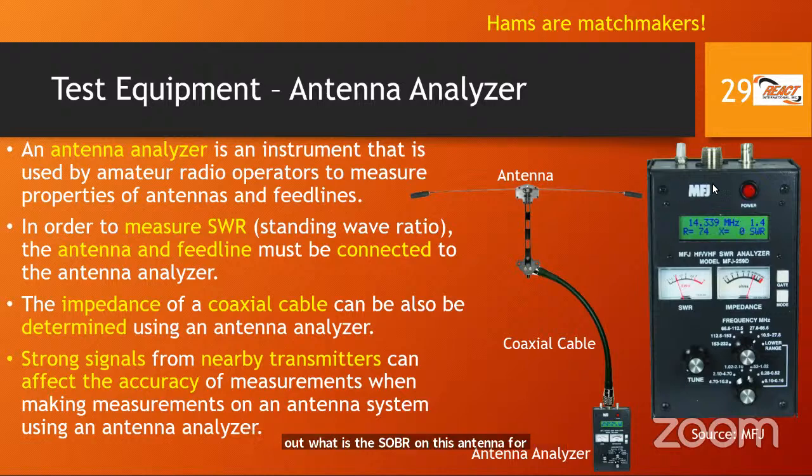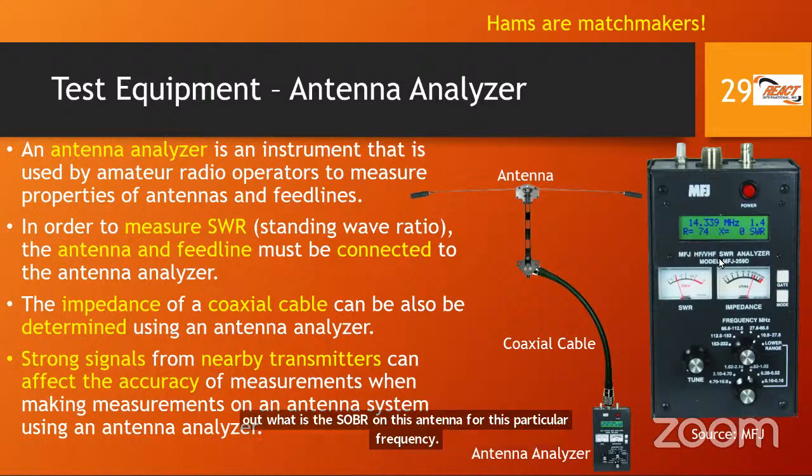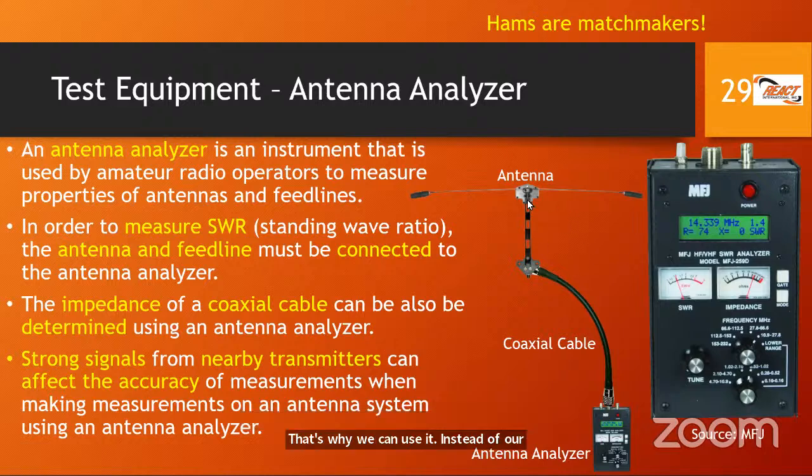That's why we can use it instead of our transceiver to tune or determine how good our antenna is matched. Remember, hams are matchmakers. We are trying to match our antenna and the frequency that it's resonant on to what we wish to operate on our radio or transceiver. So in order to measure SWR, or standing wave ratio, the antenna and feed line must be connected to